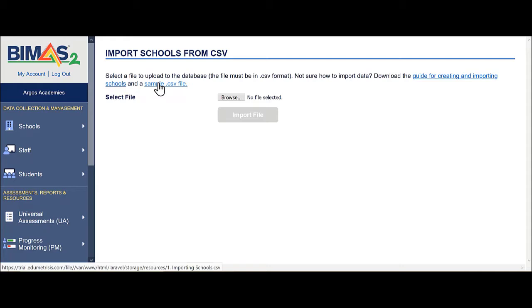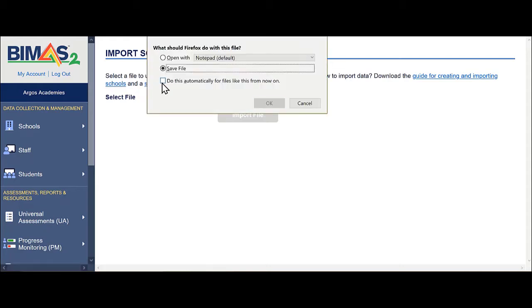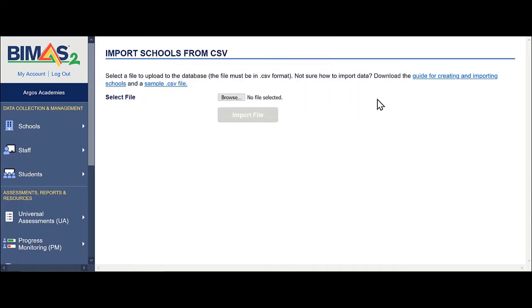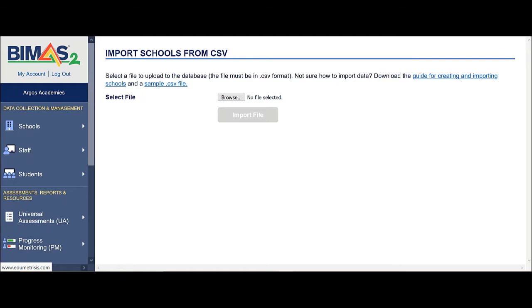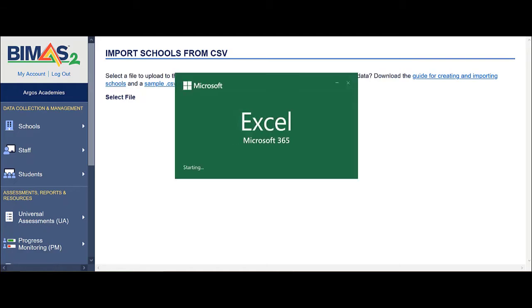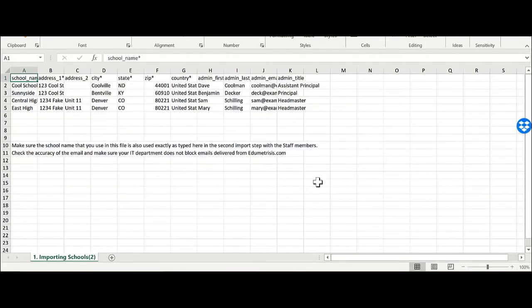So I'm going to download from here, and it says to me save the file. Sure, I'm going to save the file. And the file is right here downloading on Firefox. So I'm going to click on the file that says import schools. It opens it in Excel, which is my spreadsheet